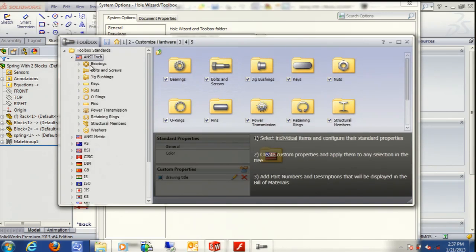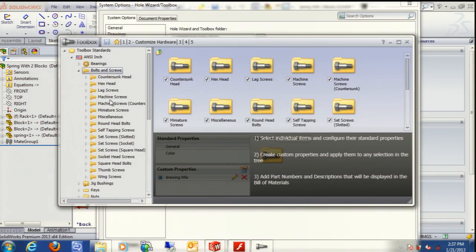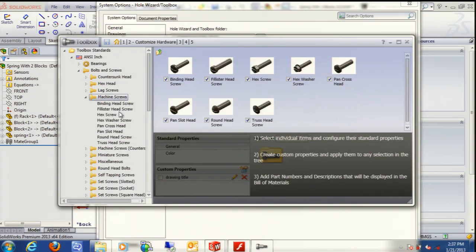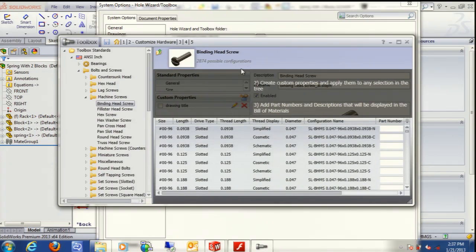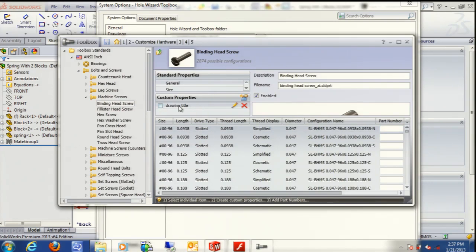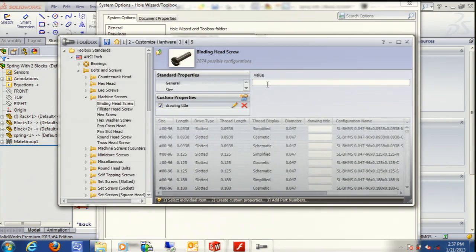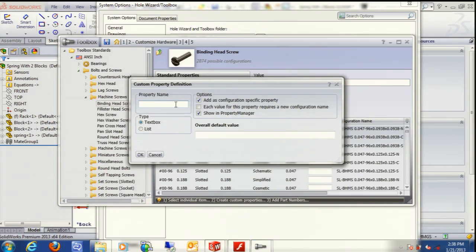Well, let's take a look at one of these. So if we go underneath here and say, let's say we're going to work with a binding head screw. You'll see all the data come up here. All the sizes, lengths, all that's here. You can enter your part number fields, and you can actually enter in additional custom properties if you want something to be on there. I can hit that, and I can give it a value, and it adds a new column for our data off of that. So all you need to do for that, say add new custom property. You can make it your